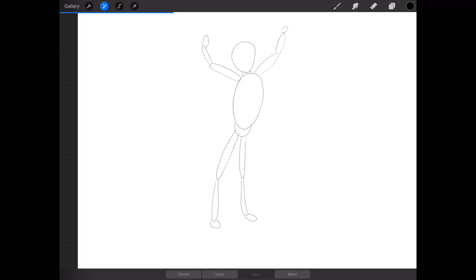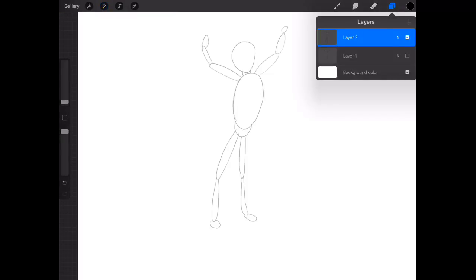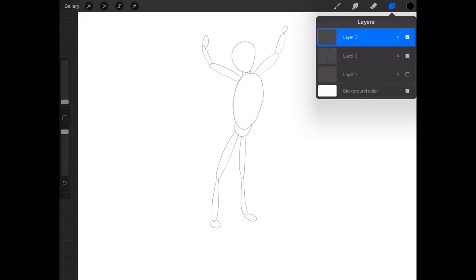You use the stick figure just kind of as your skeleton frame, and then you start adding some more basic shapes on top of it to help start developing the character into more detail. So what I'm going to do now, now that we've dropped the opacity on that, is make a new layer,